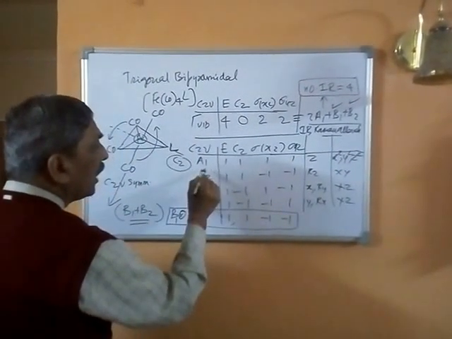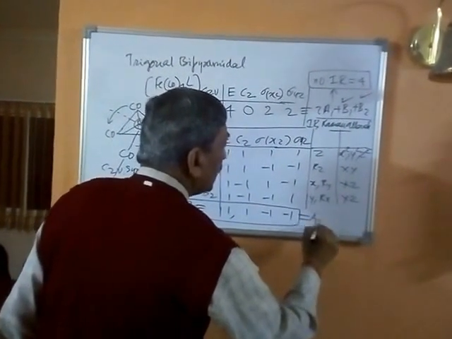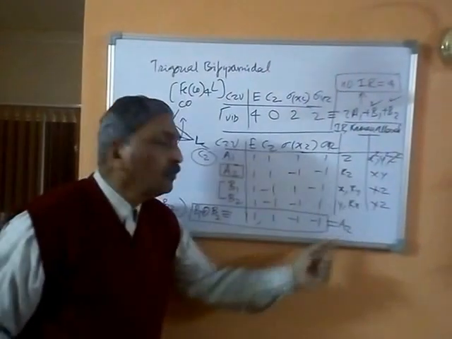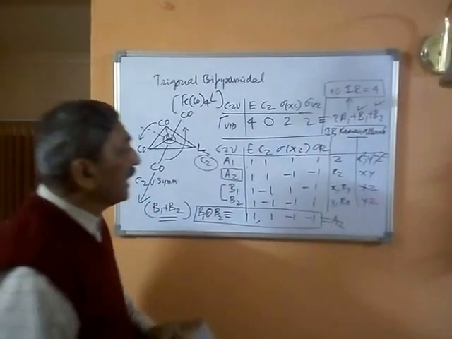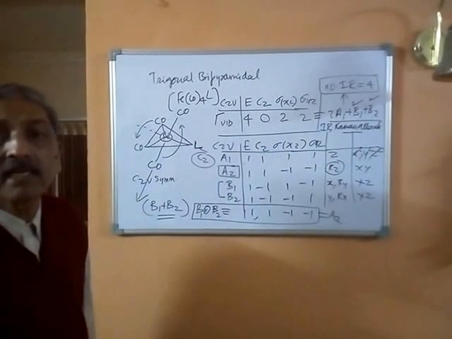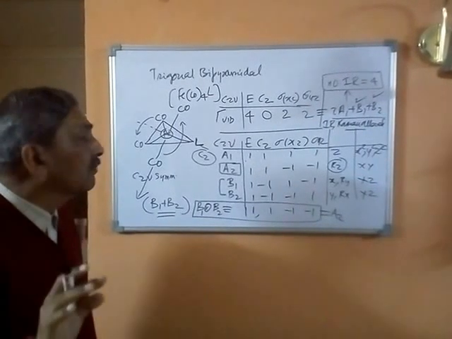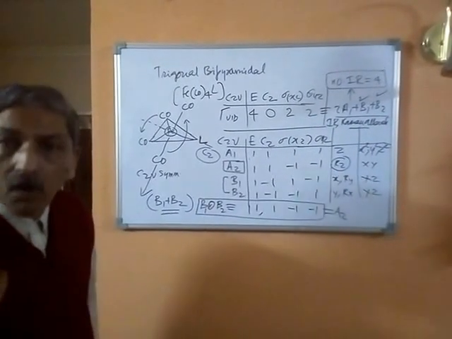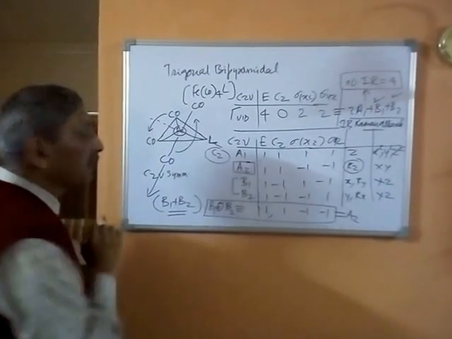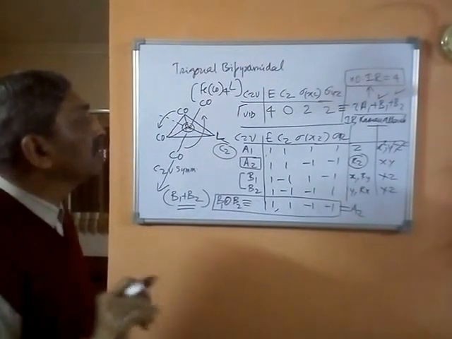This corresponds to our irreducible representation A2, and you can see that since the combination band is transforming as A2 irreducible representation, and this A2 is not transforming as X, Y or Z, it is transforming as RZ. Therefore, by our rule, this IR band will be a forbidden band and will not be allowed. Therefore, we can conclude that the combination band B1 plus B2 will not be IR allowed under the C2V symmetry